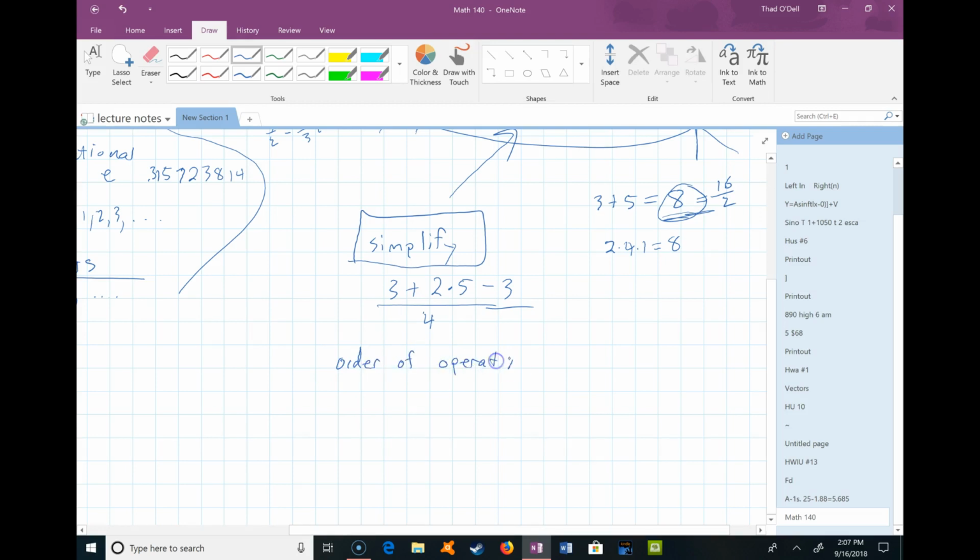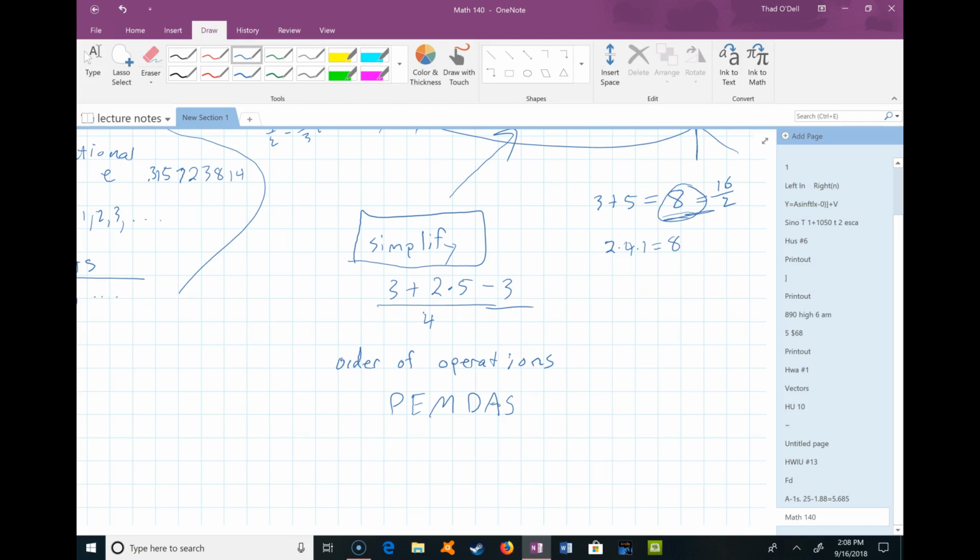Operations. And hopefully you remember that. There's a nice little acronym that helps remind us of the order of operations: PEMDAS, although it's a little bit misleading. This is just an acronym that reminds us of how to simplify an expression where there are